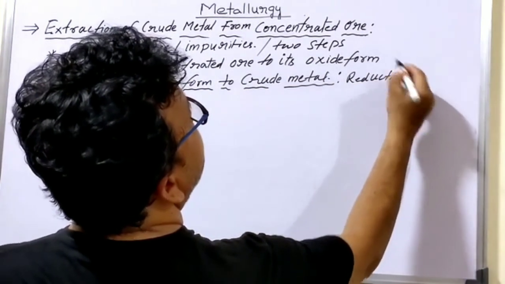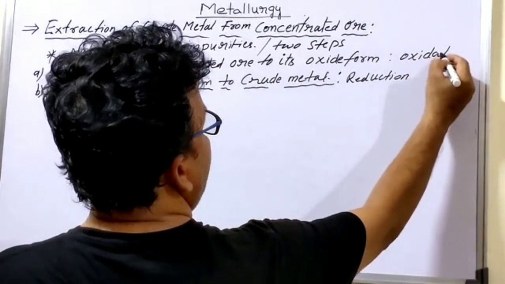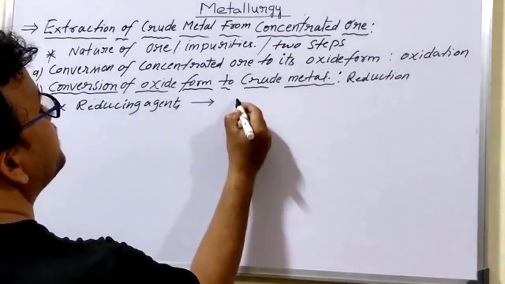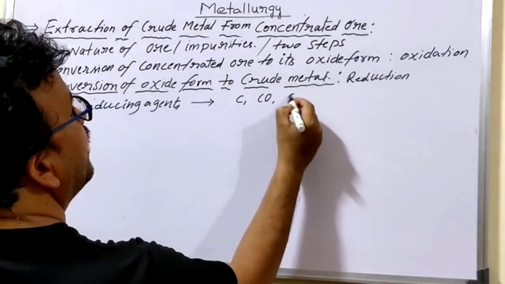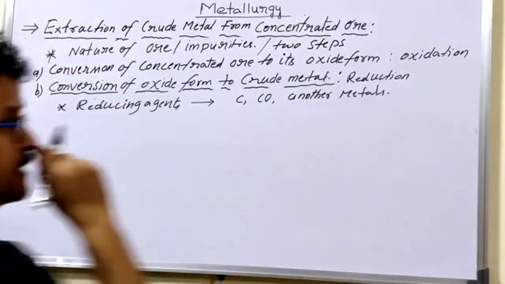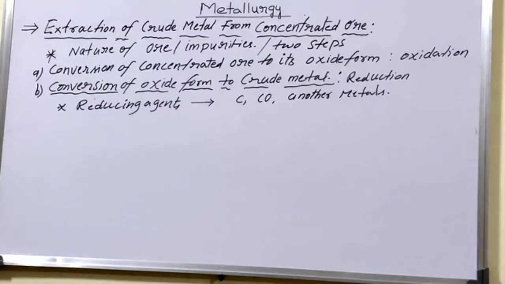I told already, conversion of concentrated ore to oxide form is oxidation. Conversion of oxide form to crude metal is reduction. That's why here we are using reducing agents. What reducing agents are we using? Coke, carbon monoxide, or any other metal. So where we are using reducing agents, pyrometallurgy takes place, meaning the process of extraction of metal